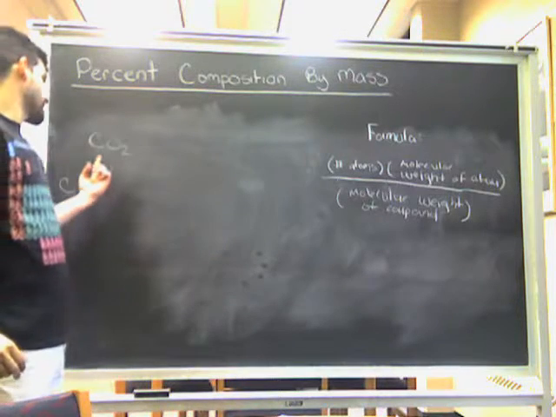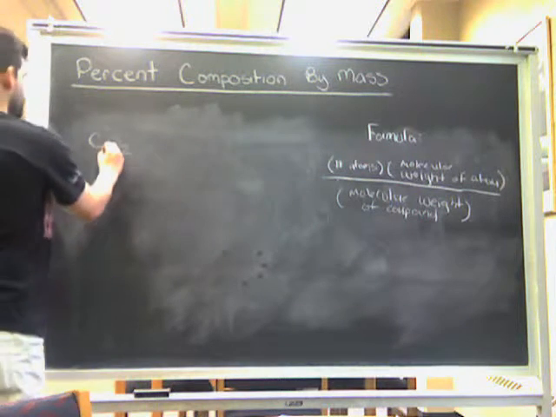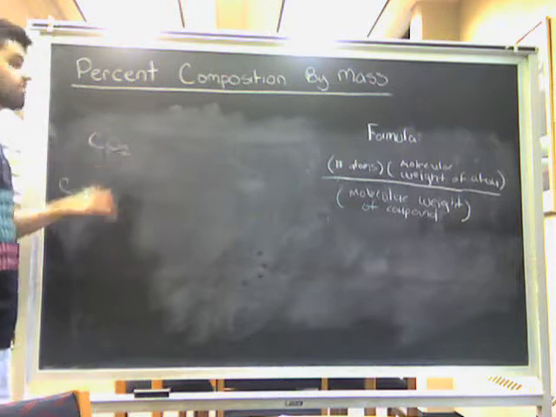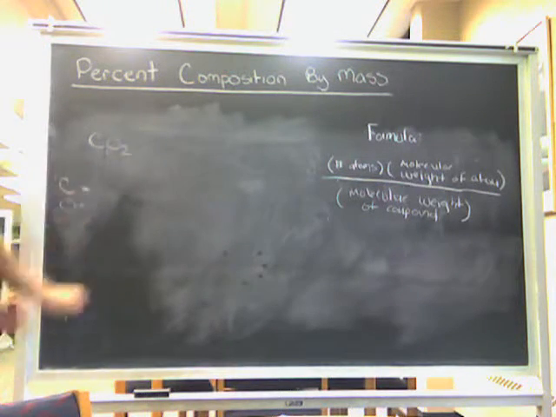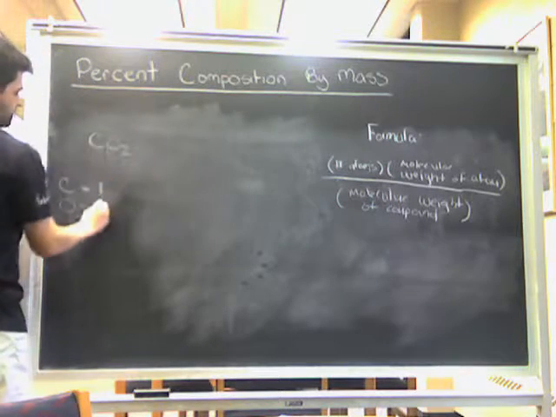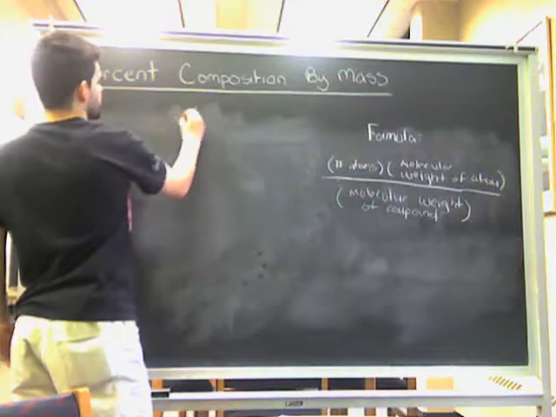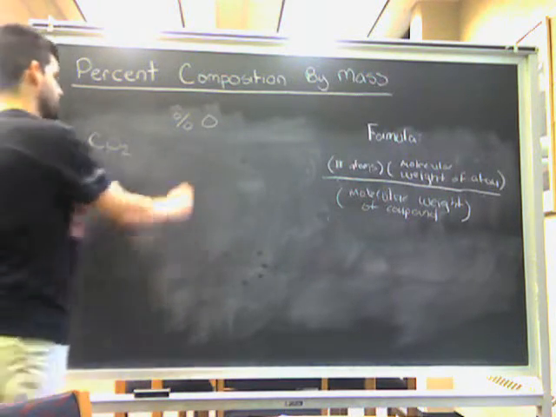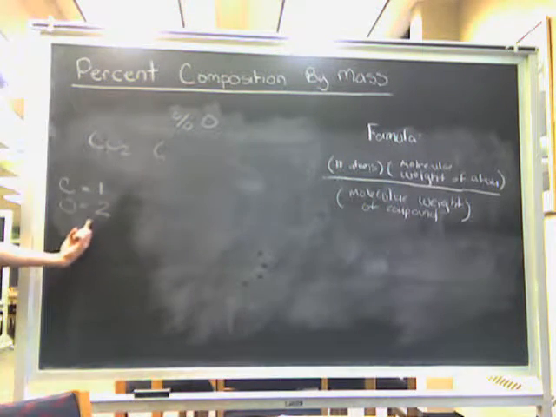Now remember that if there is no number as a subscript for an atom, you can assume it is 1. Okay? You don't have to do that, but again, it keeps housekeeping things very clean. So we have one carbon atom here, and we have 2 oxygen atoms here. So what we're going to do is say, let's find the percent composition of oxygen. And in order to do this, we'll take the number of atoms of oxygen, which is 2,